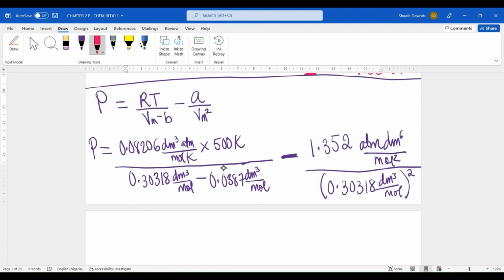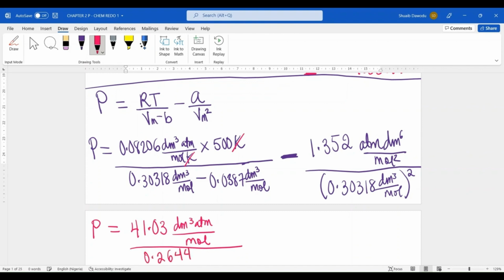So now, of course, let's cancel out the Kelvin. We've canceled out all of that. We can now continue with our math. So 0.08206 times 500 is simply 41.03 decimeter cube atmosphere per mole, divided by 0.30318 minus 0.0387, which is just simply going to give you 0.26448 decimeter cube per mole,